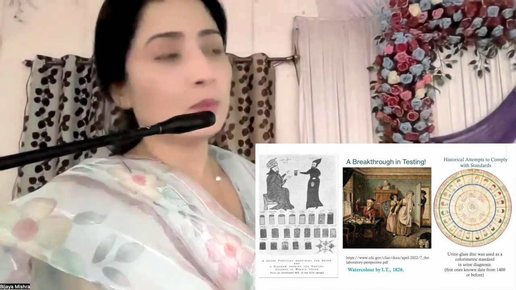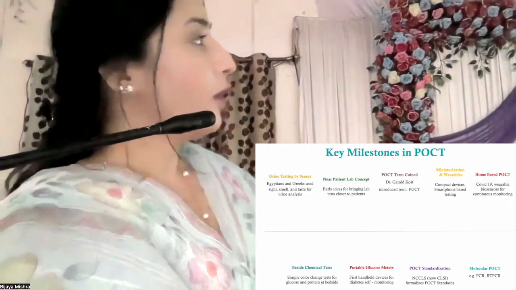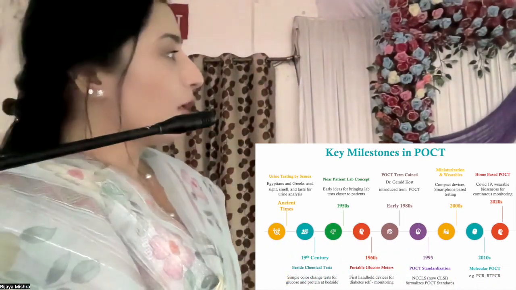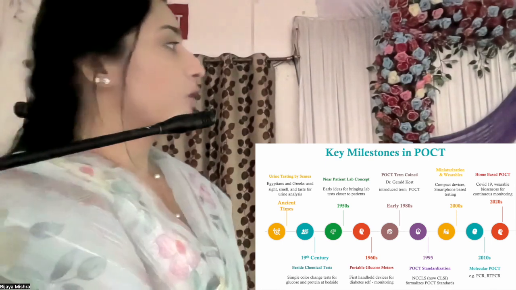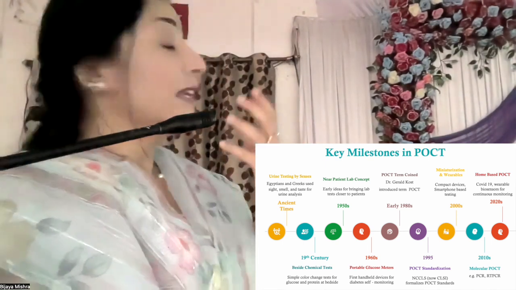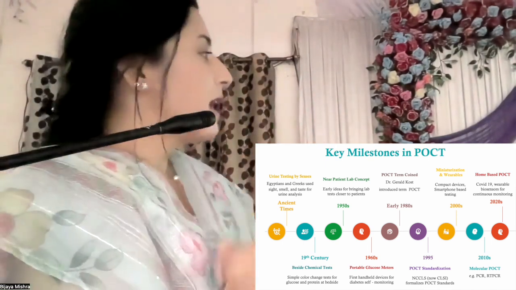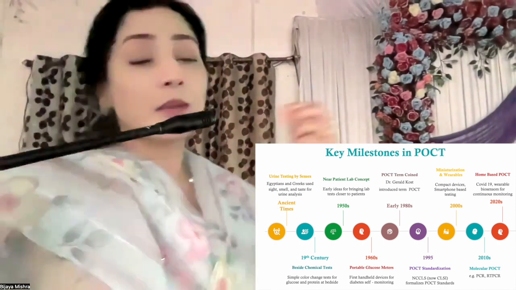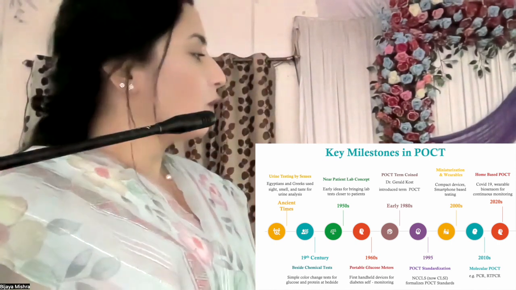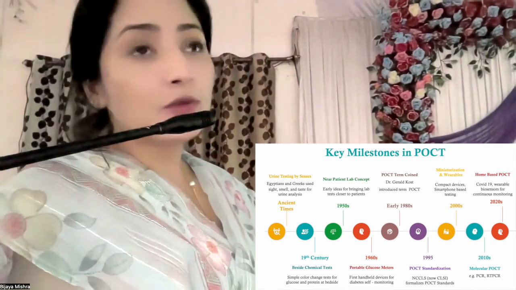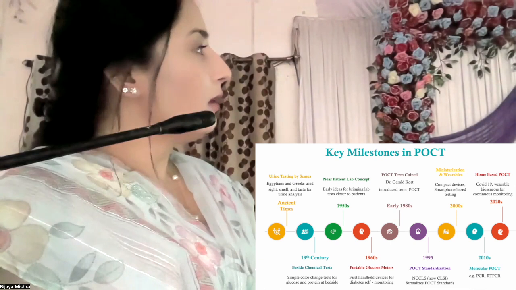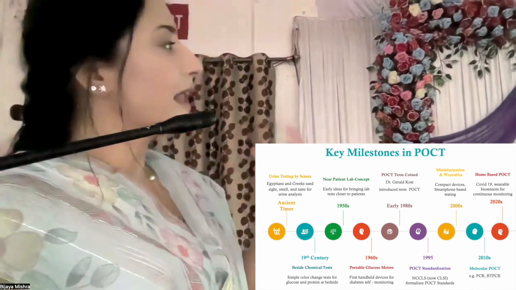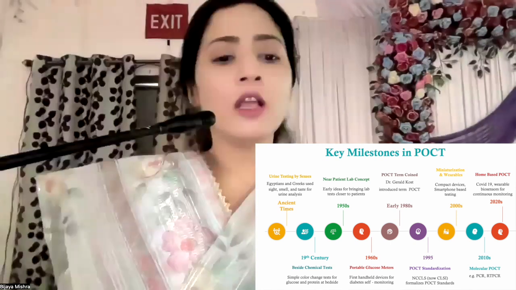So if we look at the key milestones in POCT, as already mentioned, the Egyptians and the Greeks used the sight, the smell, even the taste of the urine for analysis. And in the 19th century, simple color change chemical reactions in the urine for glucose and protein were performed at the bedside of the patient. And here, the near-patient concept, the early ideas for bringing the lab test closer to the patient,